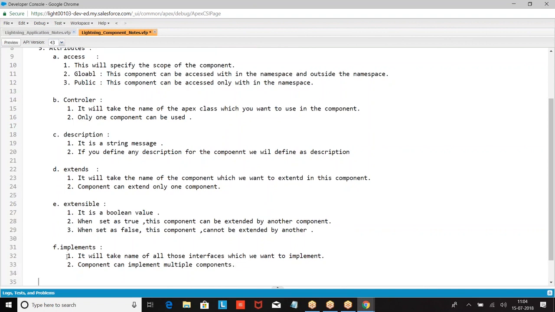So these are the properties we have: access, controller, description, extends, extensible, implements.